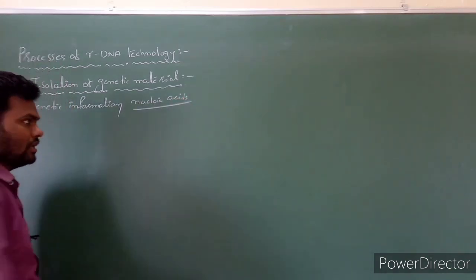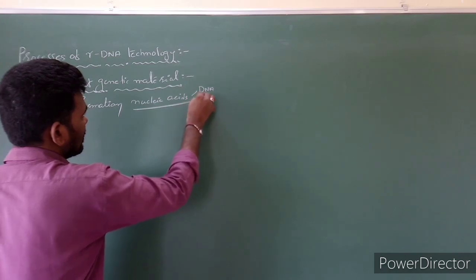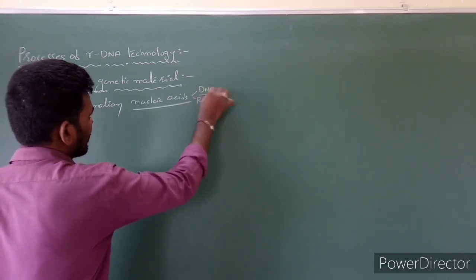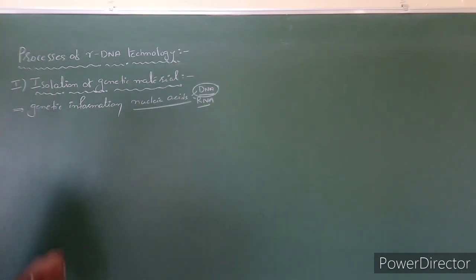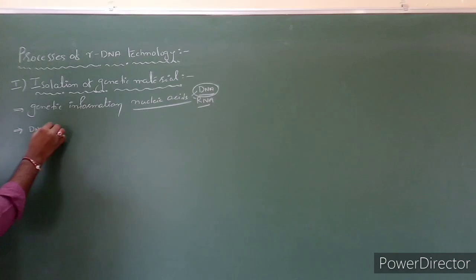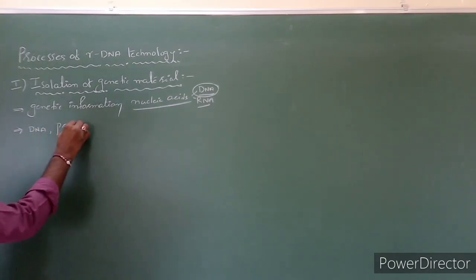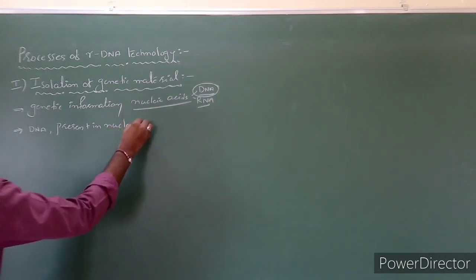Nucleic acids are mainly of two types: one is DNA and one is RNA. Mostly DNA acts as the genetic information. So this nucleic acid is nothing but DNA, which is present in the nucleus,